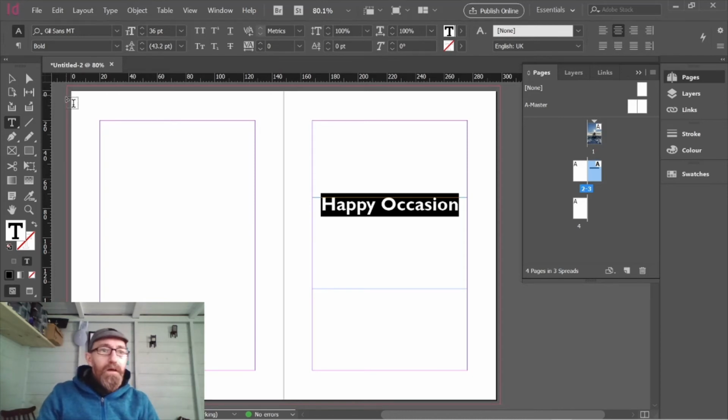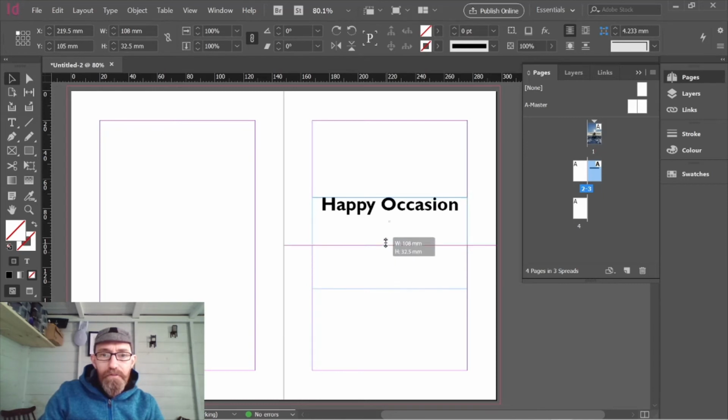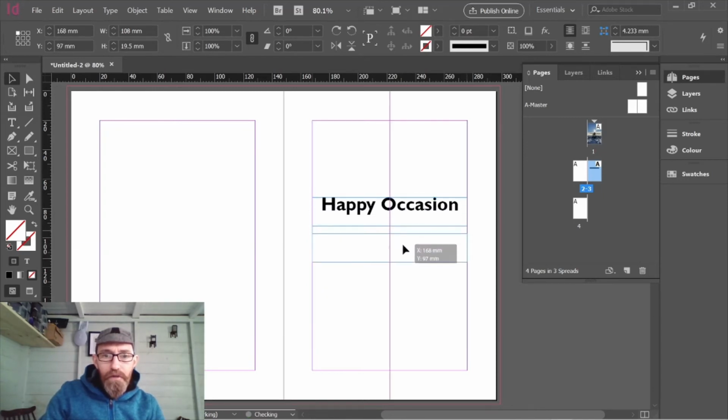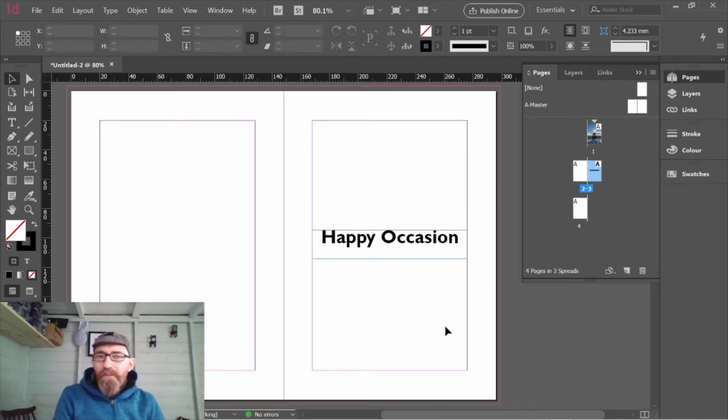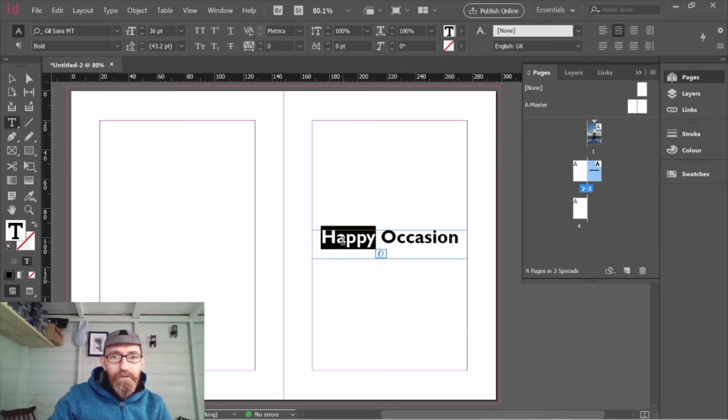All right. Once I've done that, I'm just going to go back to this tool, and I can just shorten my box, get it centered, just slightly above center. All right. Now that's a black color, isn't it? So the text is a black color, and I want a slightly happier color than that, I think. So I'm going to change the color of the typeface. So I'm going to click on our type tool. I'm going to double click. Well, I'm going to select our type, and